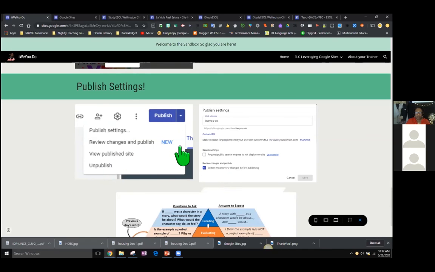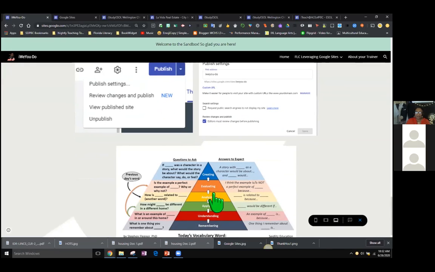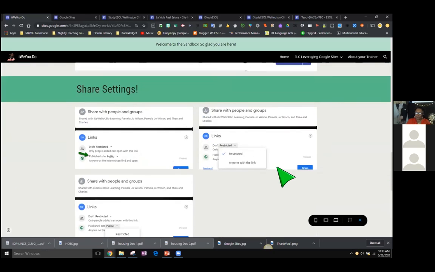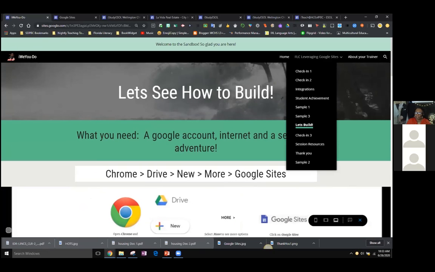So there are a lot of options on here, and I just dropped this in here because when you're thinking project based and when you're thinking of getting your learners involved in this project and developing their digital skills, I believe we're really tapping into all of these skills here on this chart. And so I dropped it in here just for reference for anybody that may want to check that out.